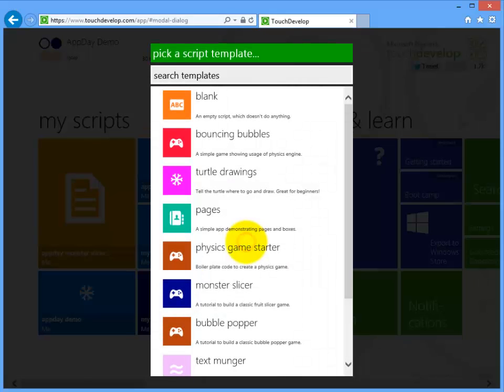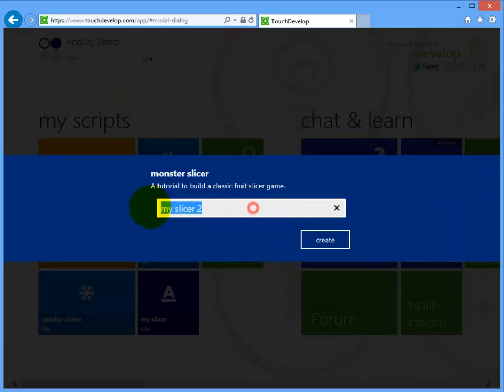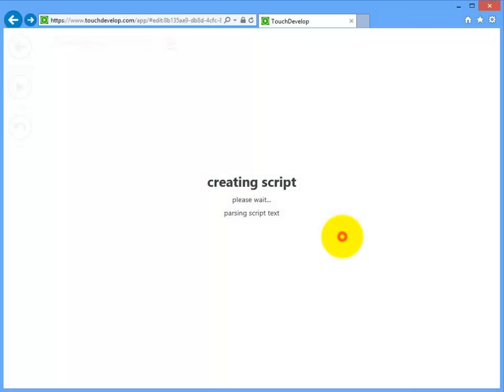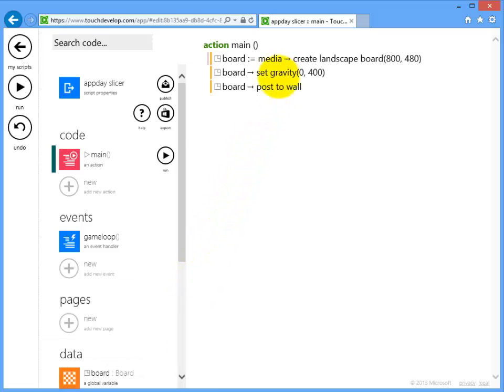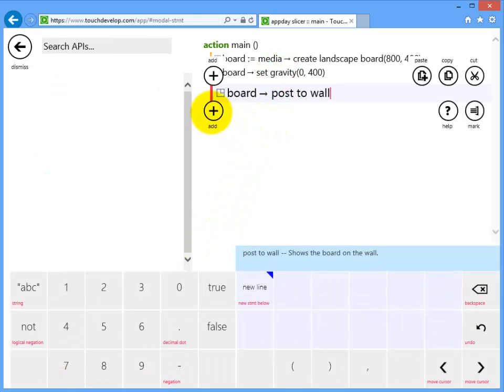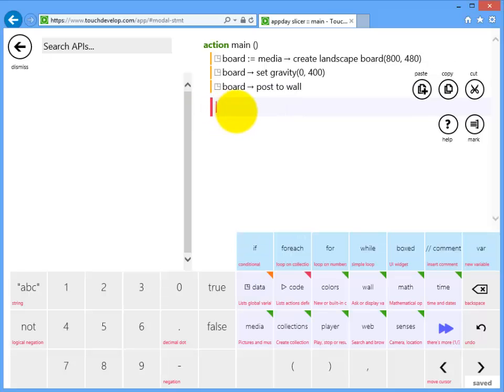We're going to create a new script, calling it Monster Slicer. We're going to rename it to be AppDay Slicer, clicking on the Create button, closing our tutorial. We're going to go to the last line of code under main. We're going to click on a new line of code,